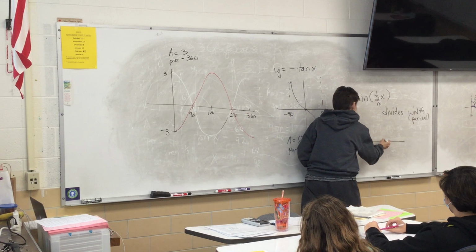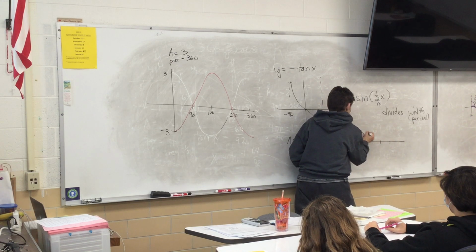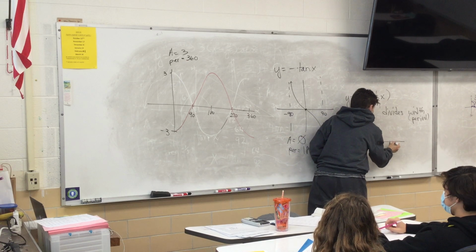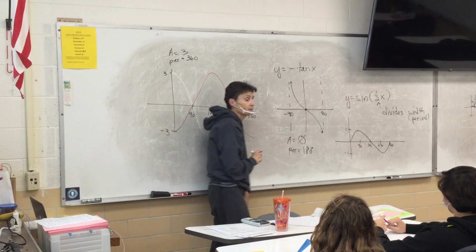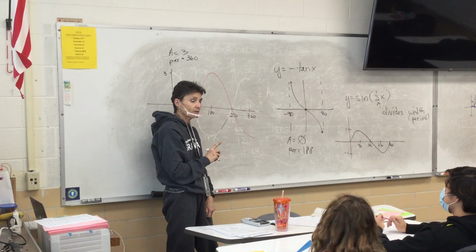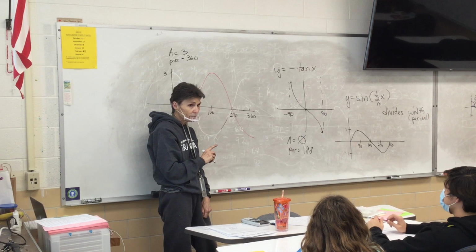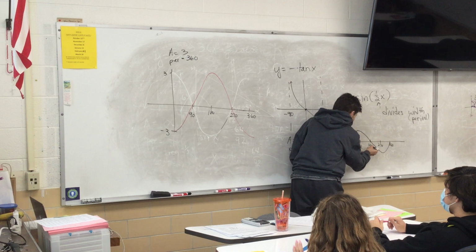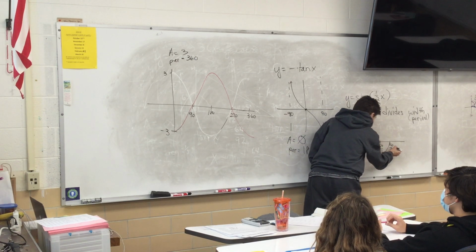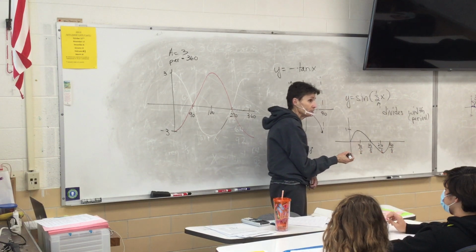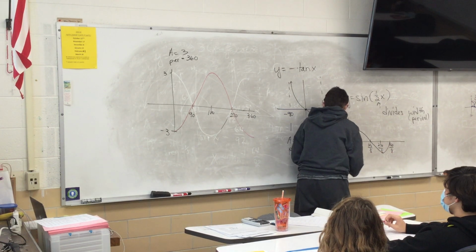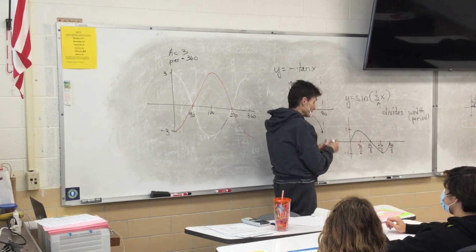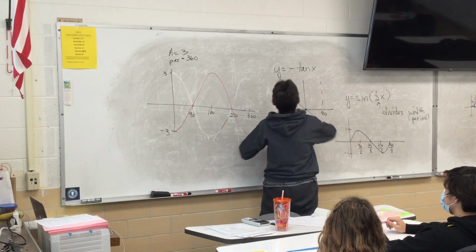If I were graphing a normal sine curve, these would be 90, 180, 270, and 360, right? That would be the normal. But what's happening? They're getting divided by a half. So what happens if you divide all these numbers by a half? They change, and what do they become? I'm going to do it in a different color. This label would be what? 45? Oh no, be careful. 90 divided by a half